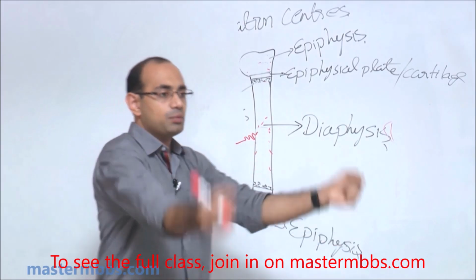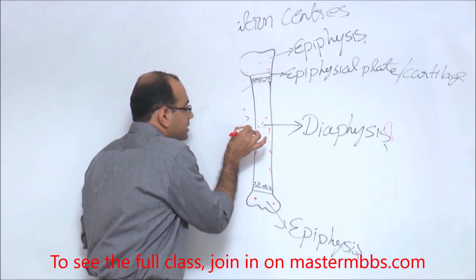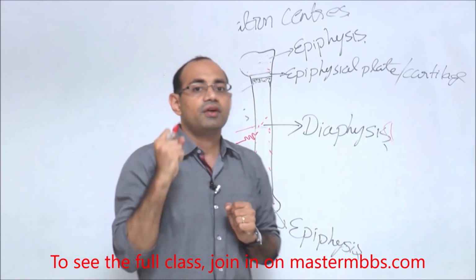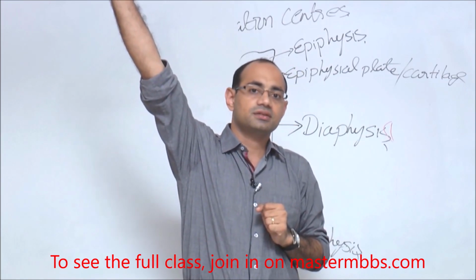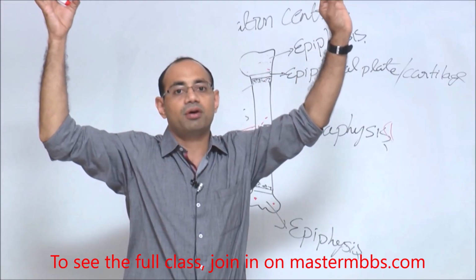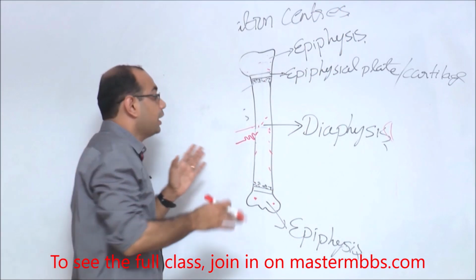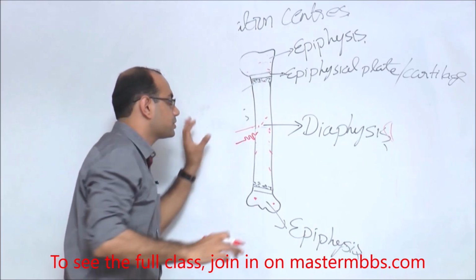Why? When I move our limbs, if this had no tortuosity and was just attached here, when I suddenly stretch, while I'm yawning, suddenly my nutrient artery will just snap off. So to accommodate the movements of these bones, you have a small tortuosity of the nutrient artery as it